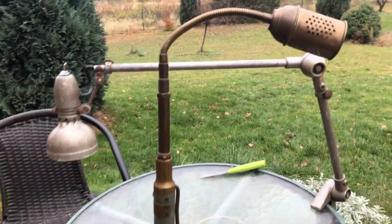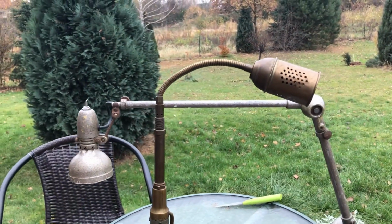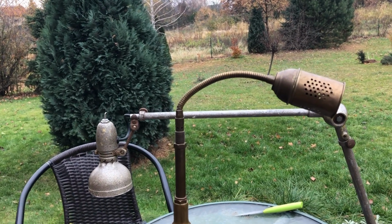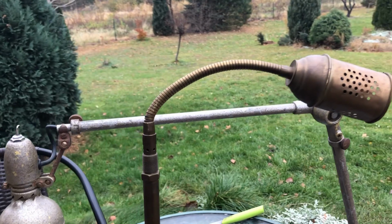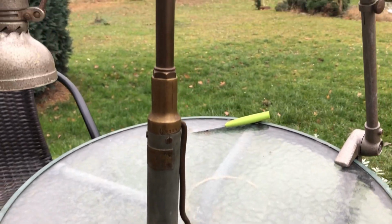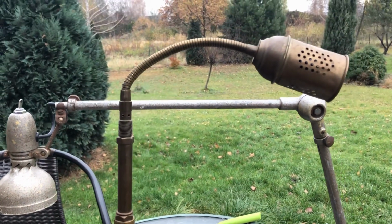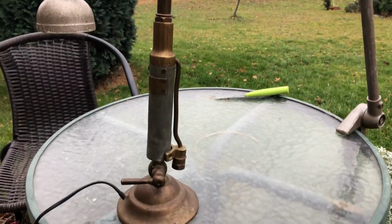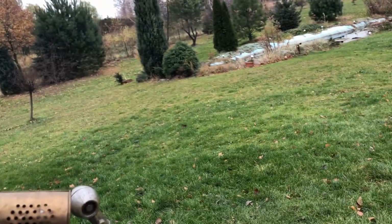Let me see if I can remember what I paid for it. I think I paid about $45 for this. And it dates back to the early 1900s, so it's a really old piece, and has some style to it. Yeah, love it. Okay, and then the final thing that I got at the flea market the other day